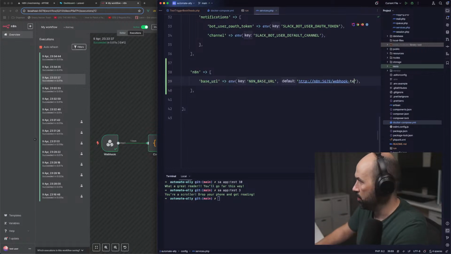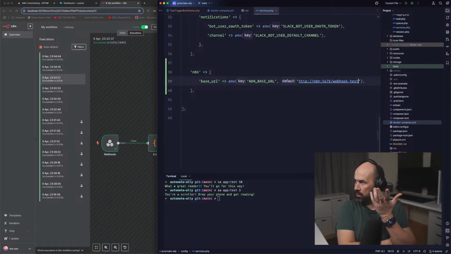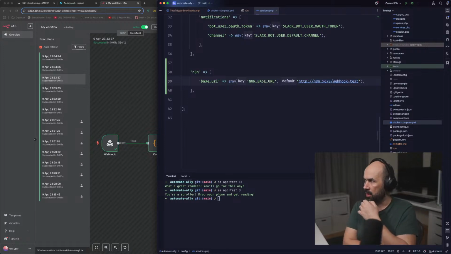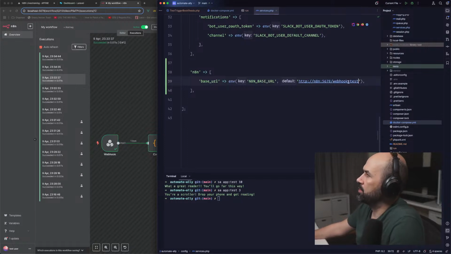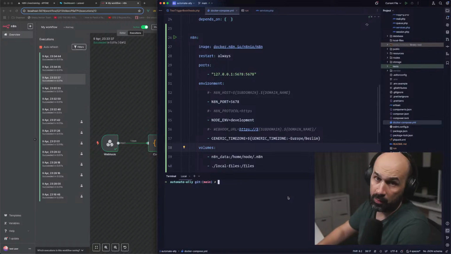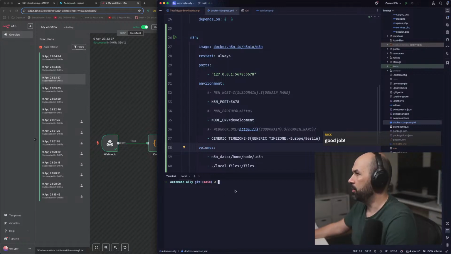So this is the webhook test, and we might change it for the production, depending on the environment, of course. Yeah, so that's the base URL. Your endpoint / webhook, and that's it. Hopefully, after reading more documentation and moving on, it might be different.